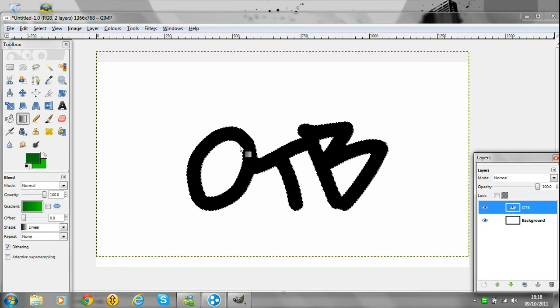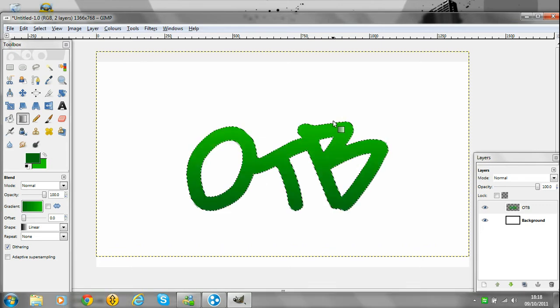So you get this sort of jolty outline thing. And then you want to go to the bottom of your text, hold control, and just drag up to the top, just like that. So you get this sort of gradient effect. And then you want to create a new layer,